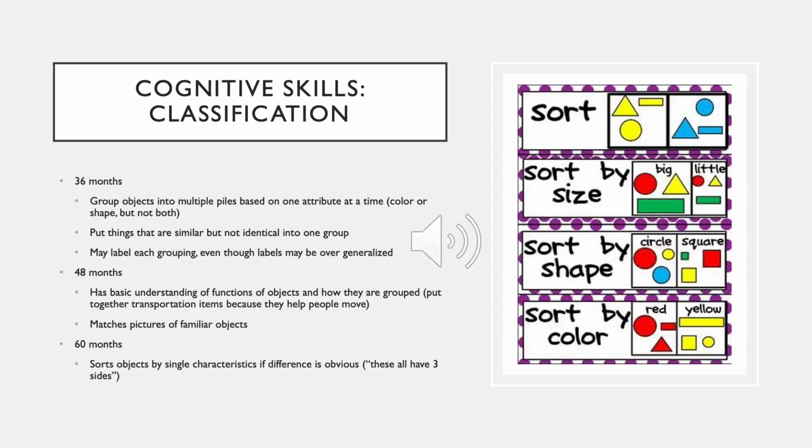On this slide, we're going to talk about cognitive skills for classification. So we see that around 3 years old, children can group objects. Classification is really our ability to see different attributes of objects and put them together according to those attributes. Children can group objects one attribute at a time. So if a child is looking at blocks and decides to sort them by color, it's going to be very hard for them to put all of those blocks back into the pile and then sort them by shape,